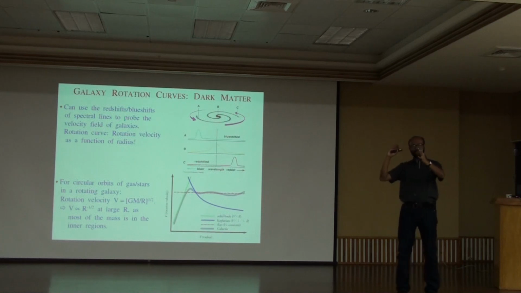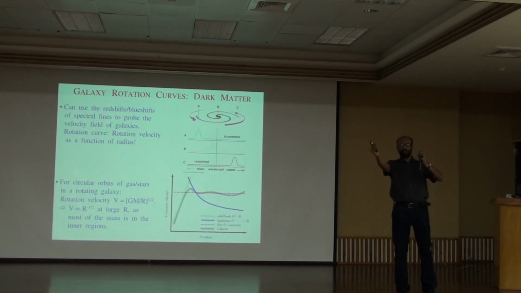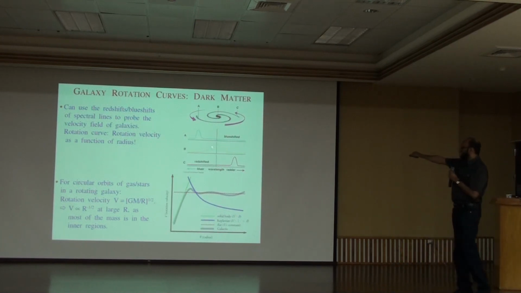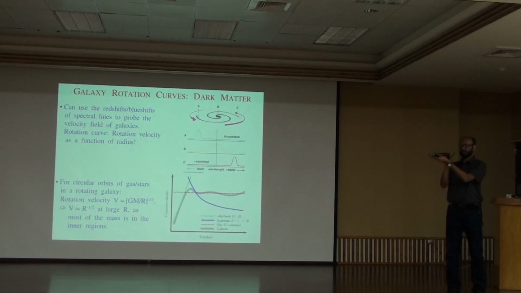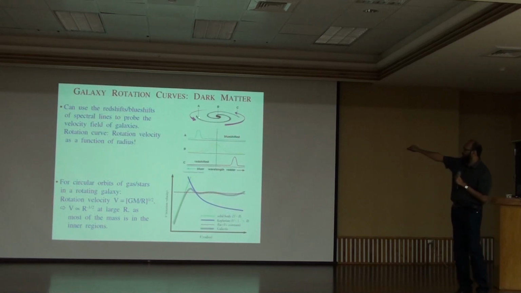So if a galaxy is rotating, this side is moving towards you, and this side is moving away from you. So if it's rotating fast, this side is moving towards you fast, this side is moving away from you fast. So what you will see is that if you have a spectral line and you map the galaxy, so this is a galaxy, 3 different points shown over here, the galaxy is moving towards you in this direction and away from you. It's like a disc which is rotating like this. Like this. Right? A spectral line coming from here,